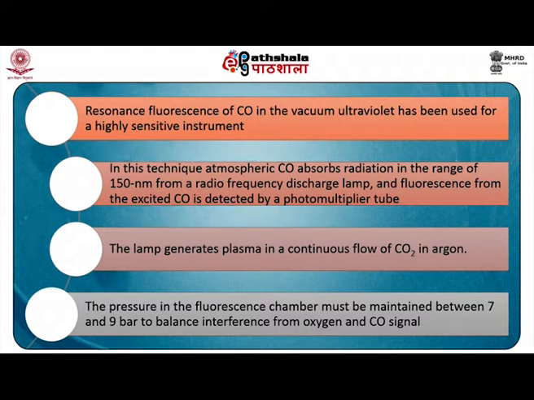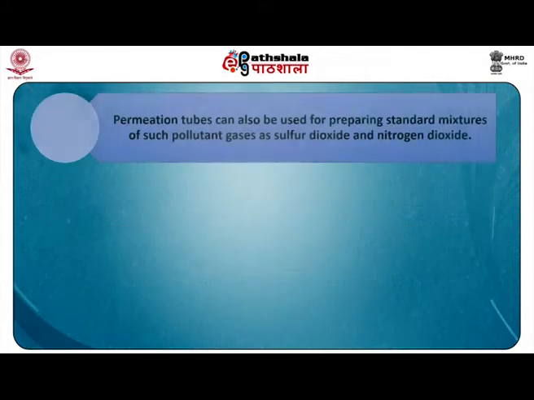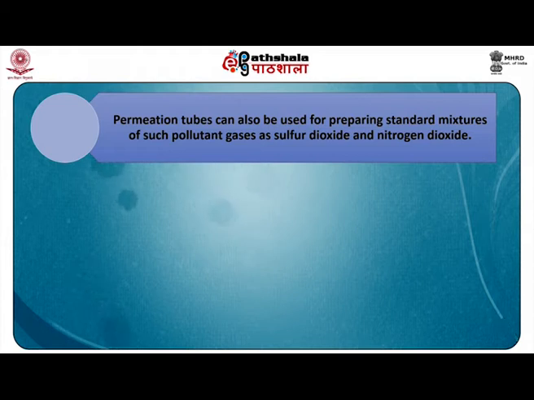The lamp generates plasma in a continuous flow of carbon dioxide in argon. The pressure in the fluorescence chamber must be maintained between 7 and 9 bar to balance interference from oxygen and the carbon monoxide signal. Permeation tubes can also be used for preparing standard mixtures of such pollutant gases as sulfur dioxide